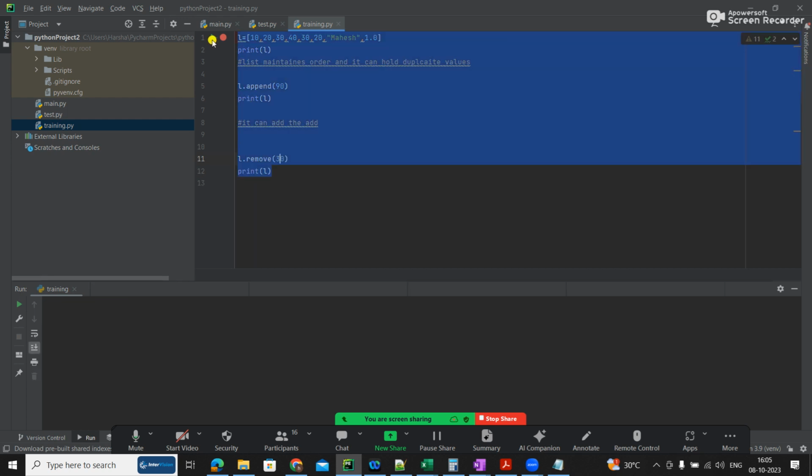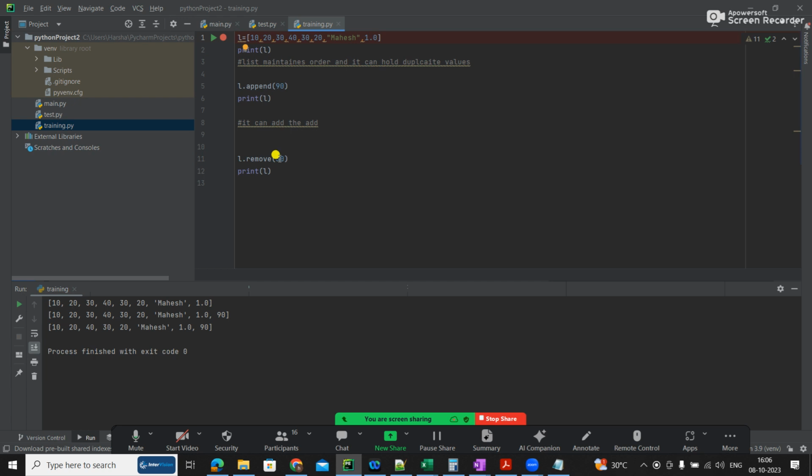So it has removed 30. I had two 30s but it removed only the first one, because internally it has an index: 0, 1, 2, 3. I don't want to speak about that, but right now it has removed the first 30.